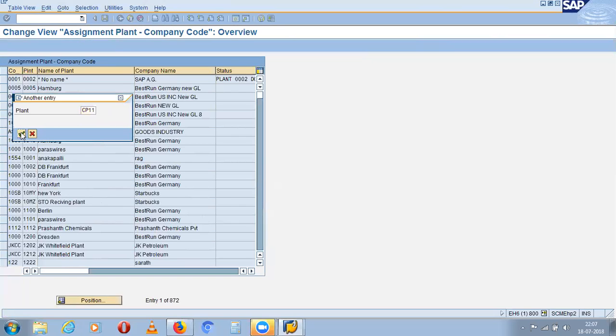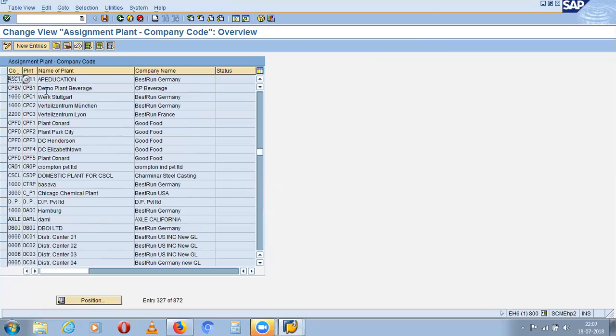Click OK. Here it is listed, CP11, right? That is your company code ASC1 assigned or linked with plant CP11. So this is how we create the plant and assign it to the company code.